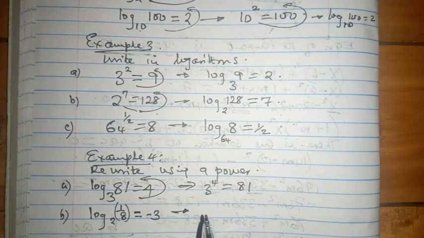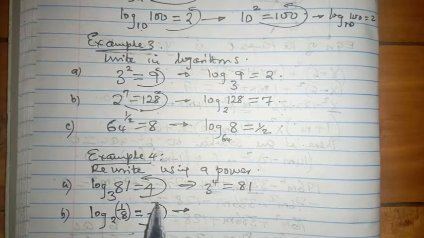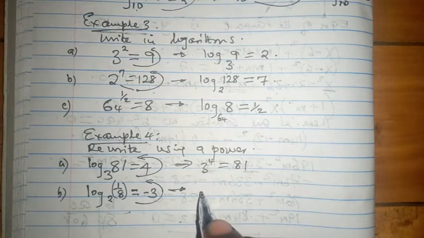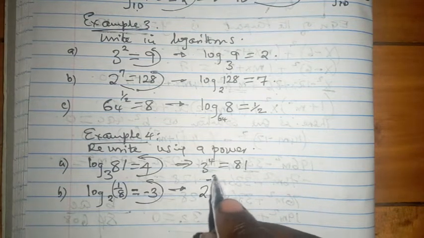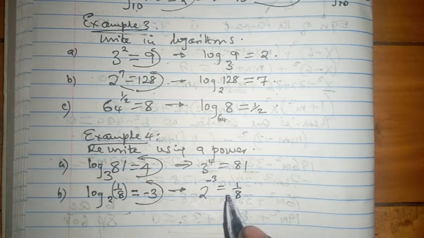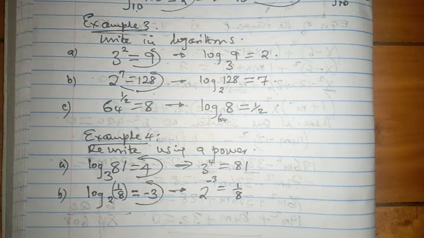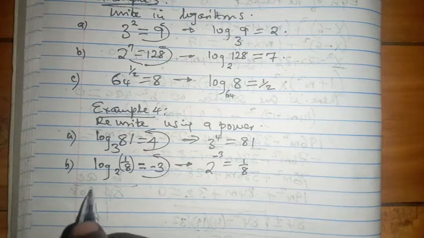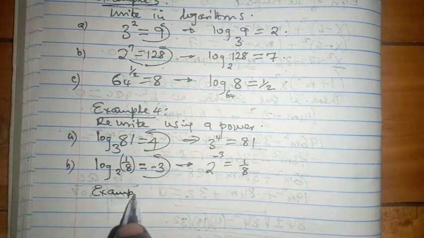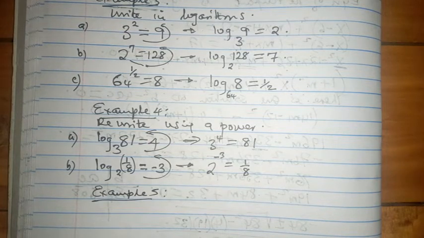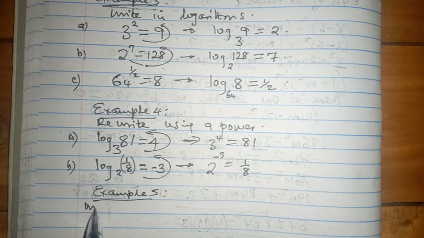So in the index notation, we talk about again anti-clockwise movement, which gives us that 2 raised to power -3 is equals to 1/8, which is perfectly mathematically correct. If I may want to express, or rather to explain example 5 in the same video, I would simply say, without using a calculator, find the values of,